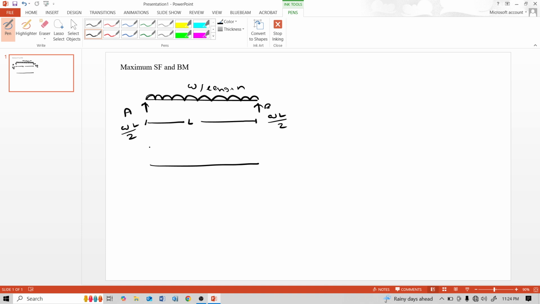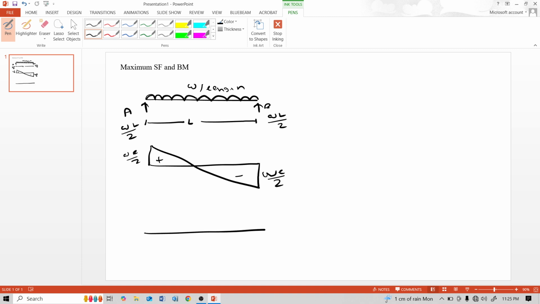That's why here shear force is WL by 2, and due to this uniformly distributed load there is an inclined line in the shear force, and here also WL by 2. This is positive, negative WL by 2, and